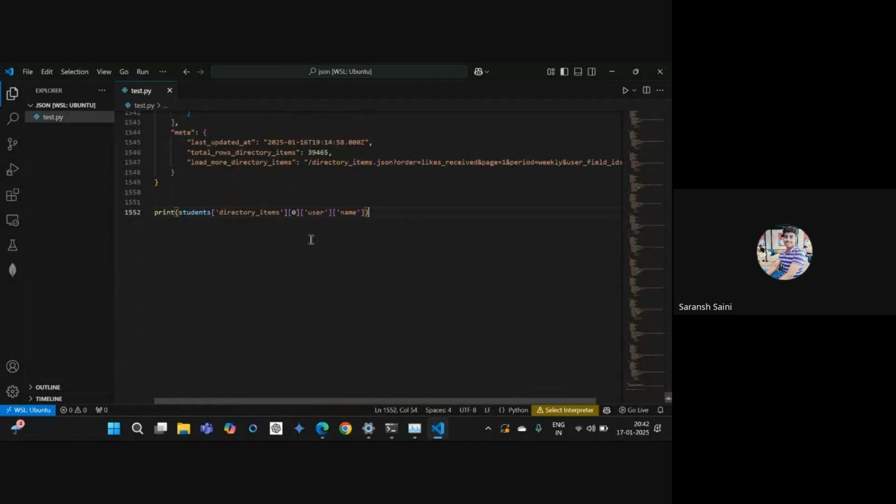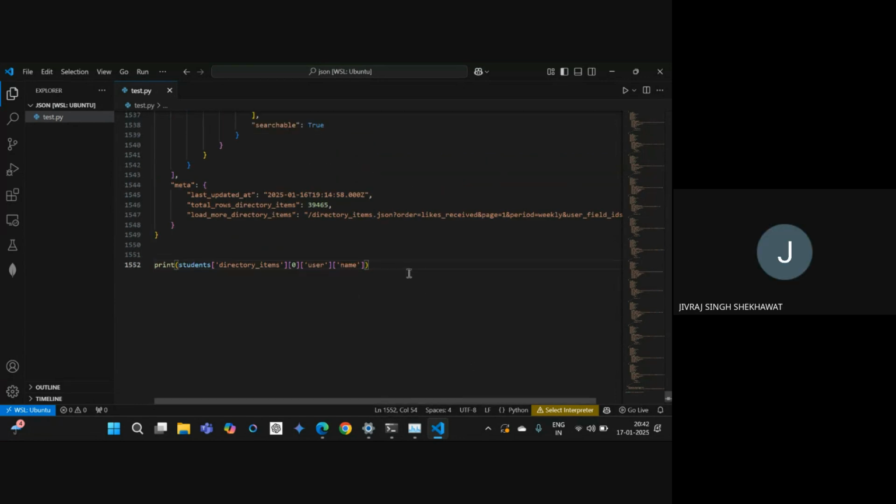So I guess we were looking at how we can run a for loop over here and access all the names. Yes, you are correct. So what I will do is create a for loop, and I would have to create it for this directory items, because this is an array. So I will say for element in students of directory items, and then